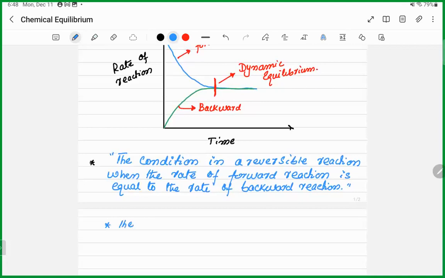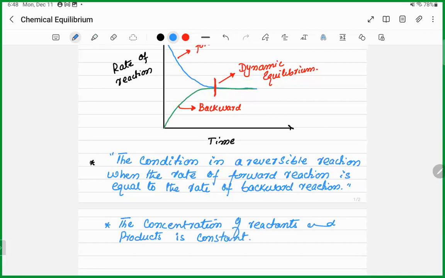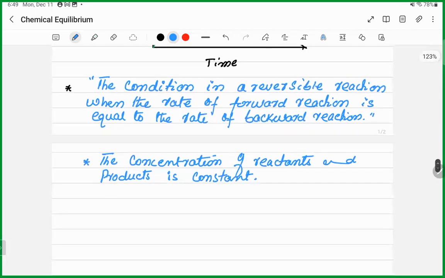The amount or the concentration of reactants and products is constant. ठीक है, एक कॉमन एरर है बेटा, कॉमन मिस्टेक ये करते हैं बच्चे कि वो कहते हैं कि